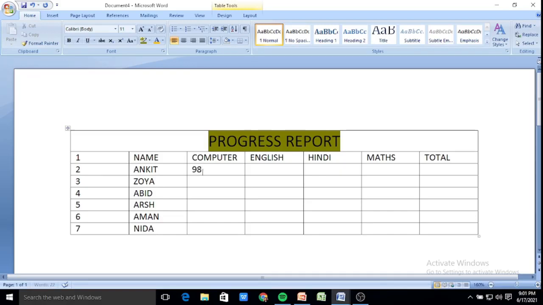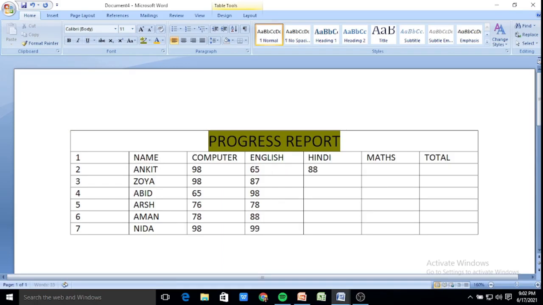Suppose Ankit has got 98, 65, 76, 78, 98. In English also 65, 87, 98, 78, 88, 99. So this way the marks are entered.